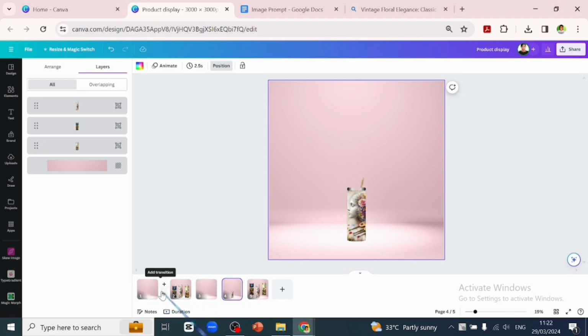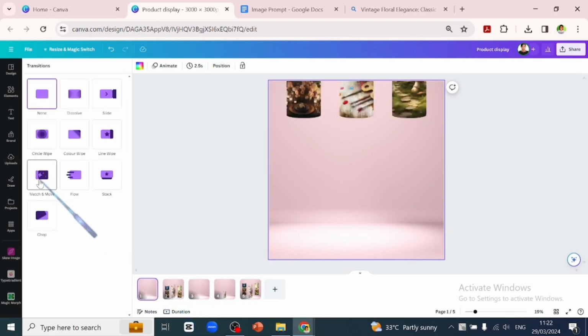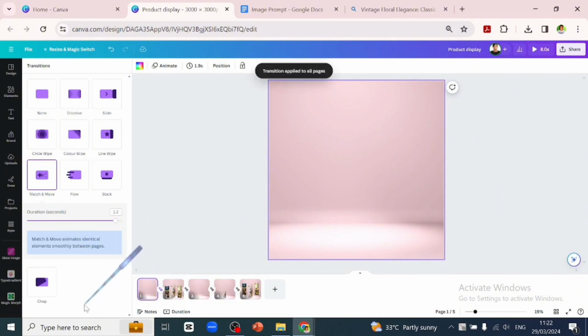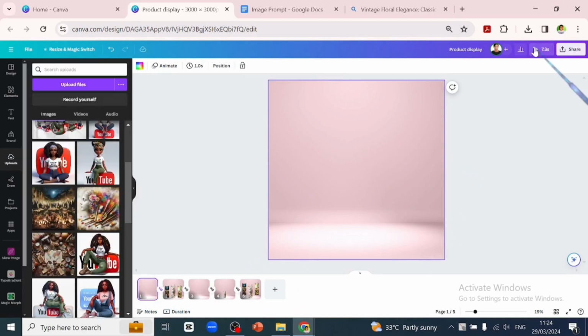Let's hover in between the two pages and go over to transition and apply match and move. We'll take the duration to the top and we'll apply it to all pages. Let's preview our